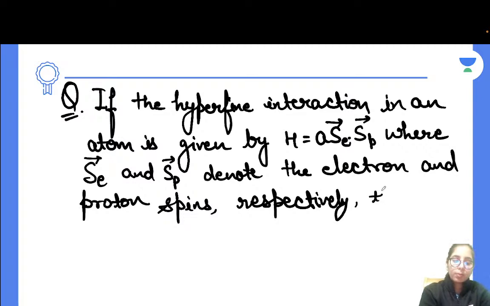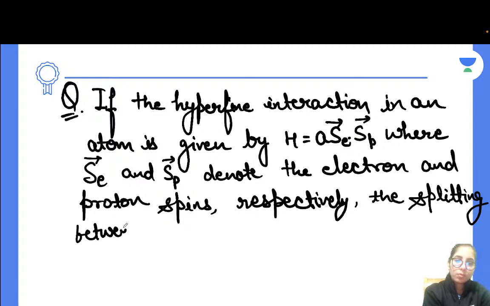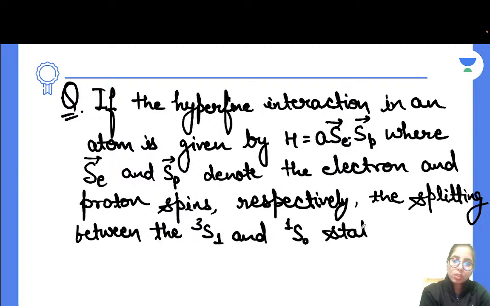The splitting between the 3S1 and 1S0 state is, options are